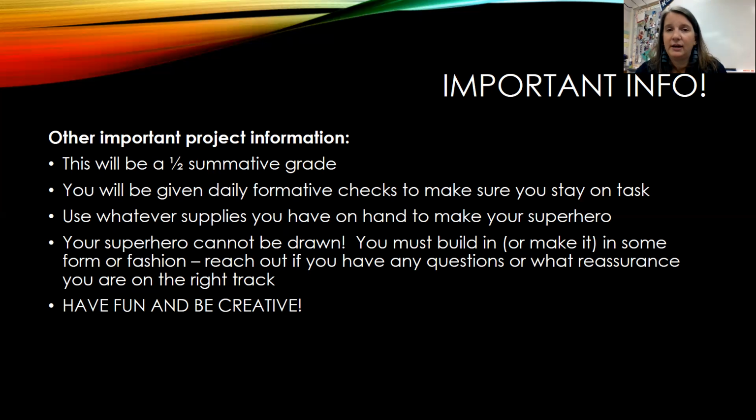I'm going to be putting a rubric for the project in Schoology, so that way you can see right off the top of the bat what I am looking for during your presentations. Do you have everything included that you're supposed to have included? So at any point, if you have any questions, please let me know so I can help you guys out in any way that you need while you're building your superhero, and have fun.